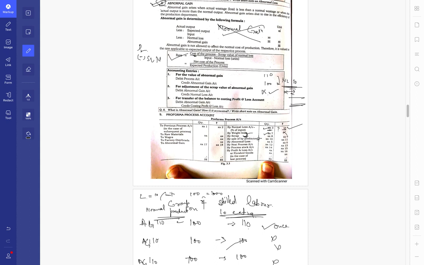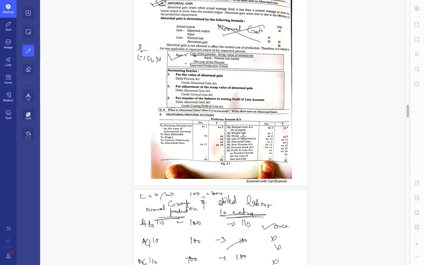And as for scrap and sale of byproduct, it is simple. You will be given what amount of scrap or what amount of byproduct is sold and at what rate. You just have to multiply those and write the quantity and amount over here. There is no complex mathematics involved, a simple multiplication of the given quantities in the question. You will have each and every piece of information available to be able to multiply it and input the quantity over here.